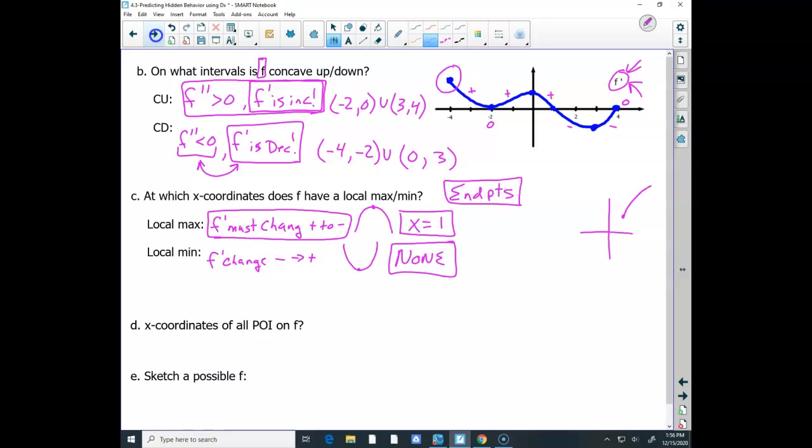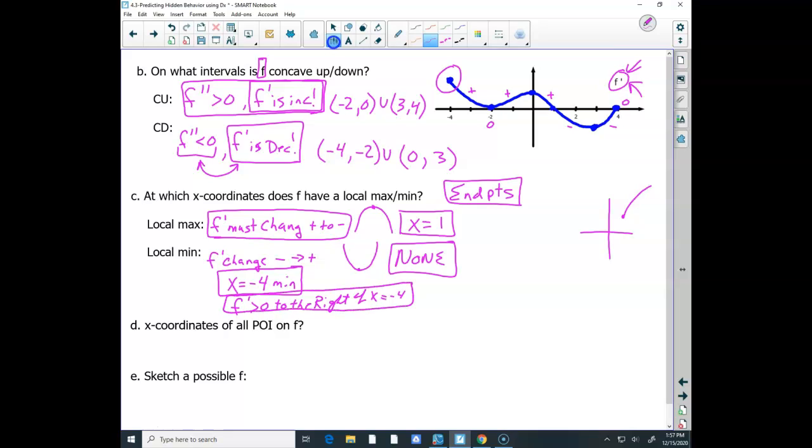That makes x equals -4 a minimum, doesn't it? And my justification is, it's a left endpoint, so f prime is greater than 0 to the right of x equals -4,